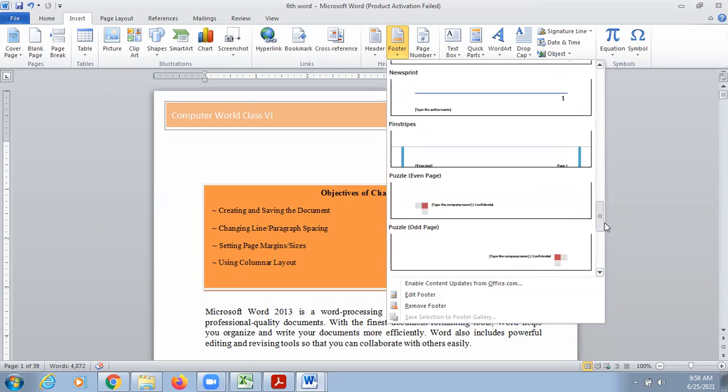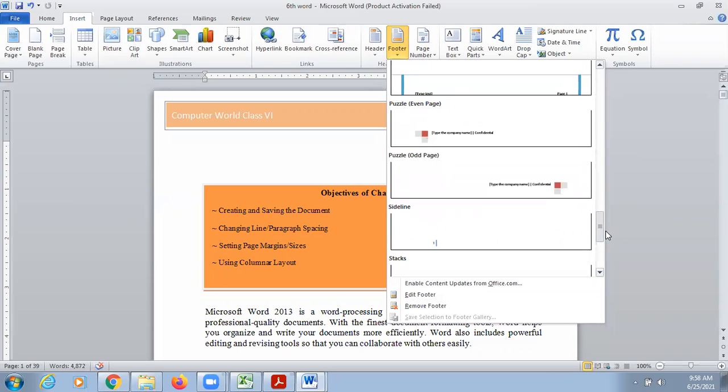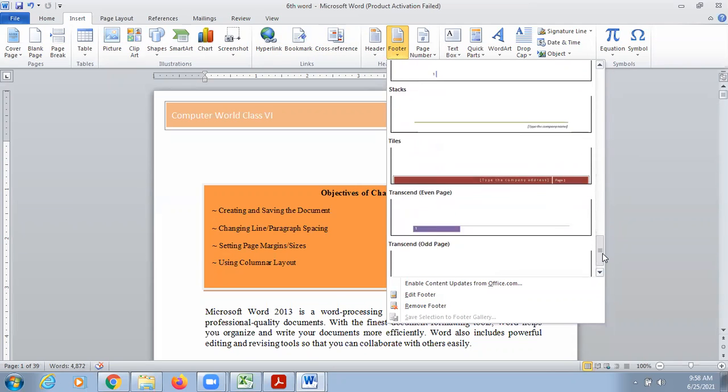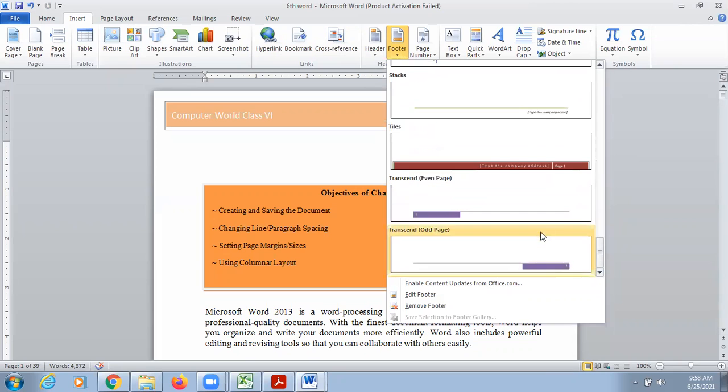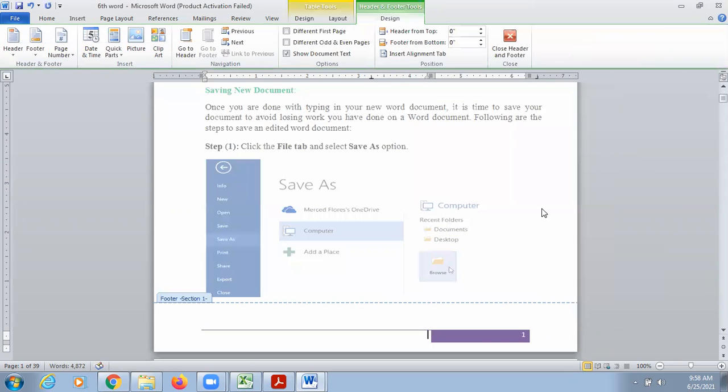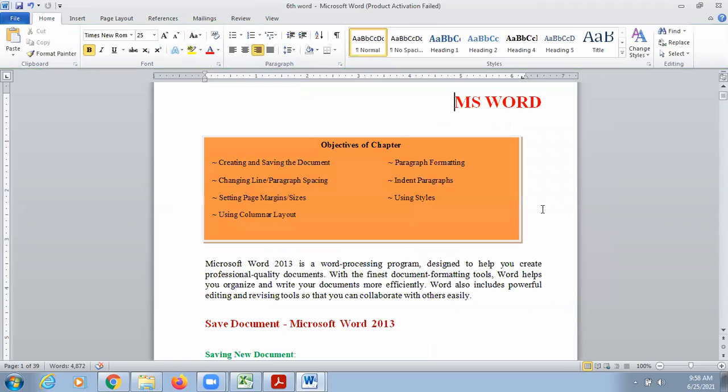So suppose I want to add the page numbers like this. So now the page number is added.